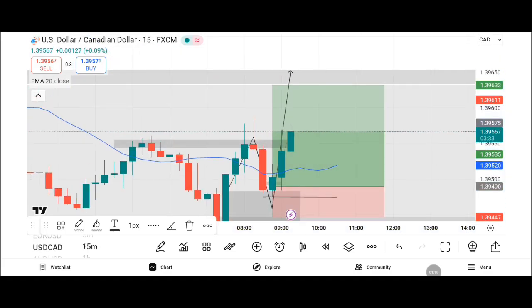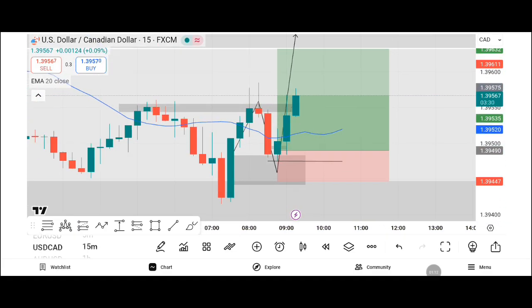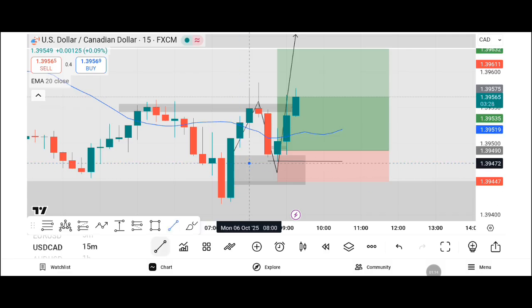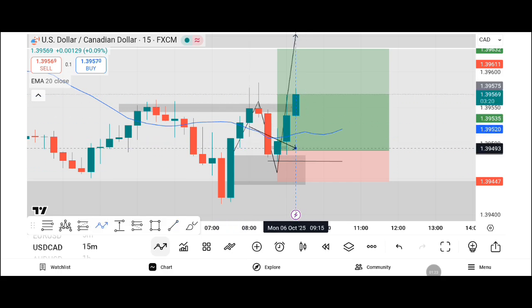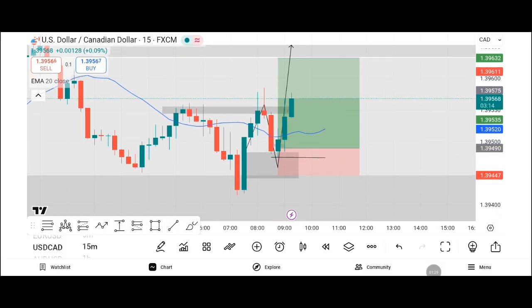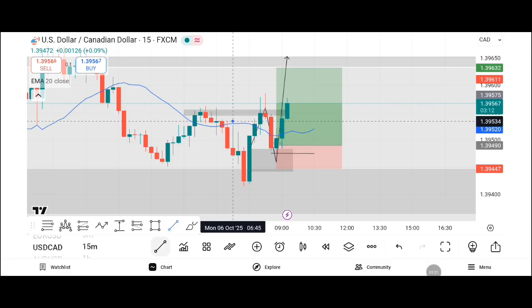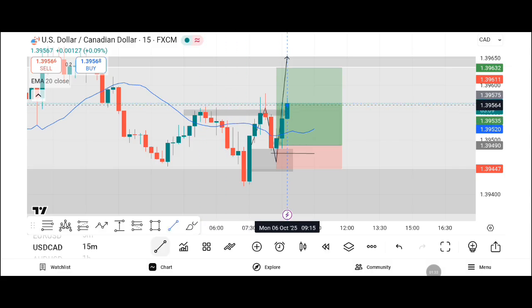got this push. Okay, so what I want to be telling you guys now is, if we didn't break this key level, the market might initially come down again to test this demand zone before we got another push. But what I'm believing now is this was the third time that the market is coming back to that supply zone. So I expect the